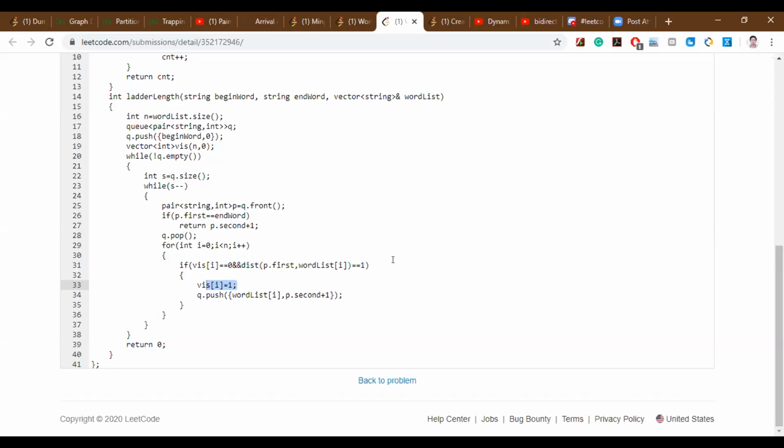The distance is n for every iteration, right? Yes. So let's say your list has 1 million words in it. The loop starting at line 29 looks to me like a concern. Yeah, because it's going for each and every word, even if we have more than 2 differences, it still goes through each word. Actually, I have submitted one more question, and that solution was also given TLE. Can I show that? Sure.